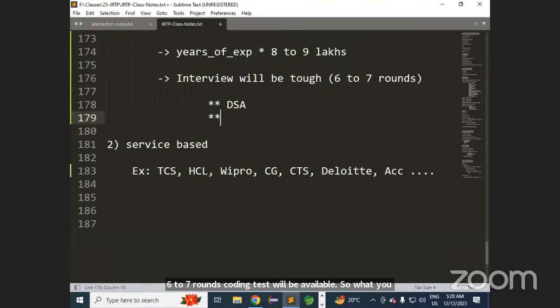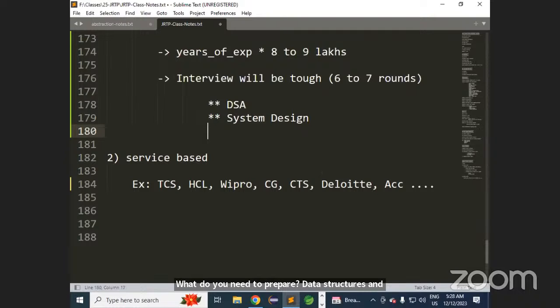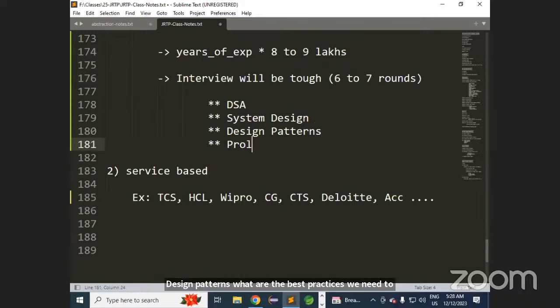What you need to prepare? Data structures and algorithms. And we need to prepare system design. And we need to prepare design patterns. What are the best practices we need to follow? Then we need to prepare problem solving. You need to be good in problem solving when you want to attend the interviews